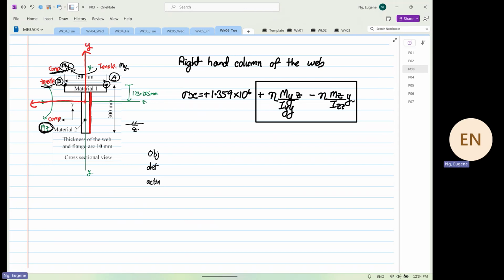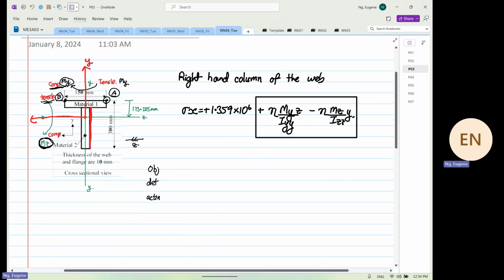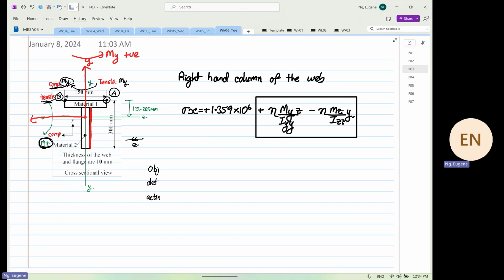This is your y-axis, okay, and then moment about y, this is a positive direction. This is the z-axis, and moment about z, this is the positive direction. So what we realize is that our moments are both negative. Okay. So on the right hand column,